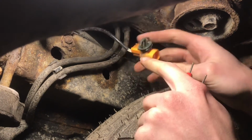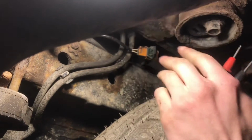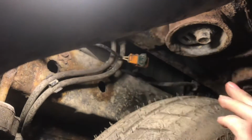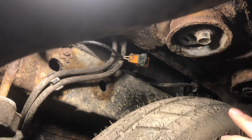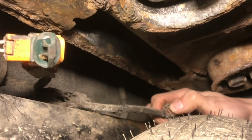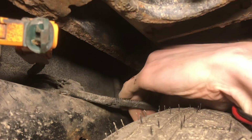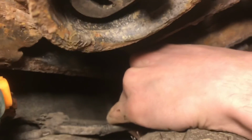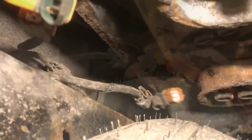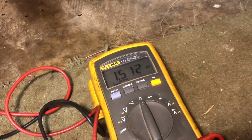but we're going to unplug the other sensor so we can compare, since we know that one side's good, one side's bad, since we're only getting the code for one side. I've got it touched, and you can see there's the OL. Alright, so I'm just going to go ahead and pull the other connector. This is the left side, ohms, and there's the reading on the meter, 1.5